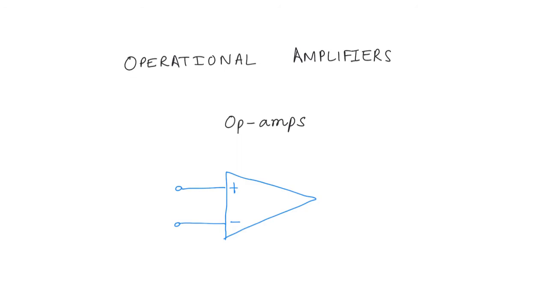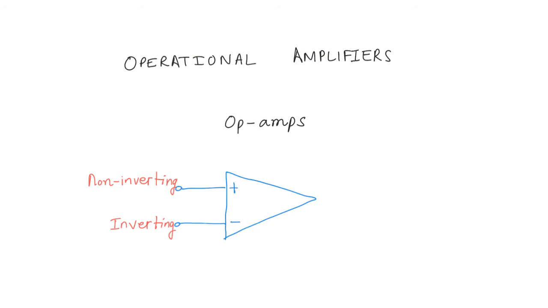So let me just write those names. So this is the non-inverting input, and this is the inverting input. Now the non-inverting input is marked with the plus sign, and the inverting input is marked with the minus sign. And oftentimes what students do is they call this the positive input and they call this the negative input,